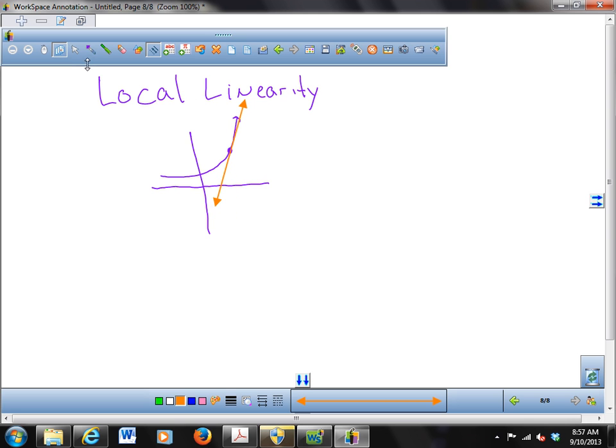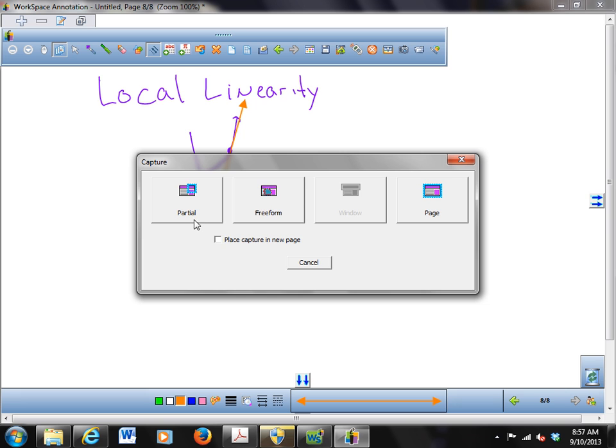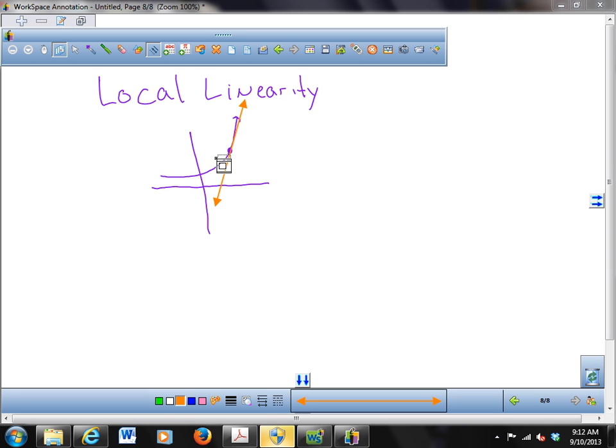If I were to zoom in on this little area right here, watch this high-tech gadgetry,